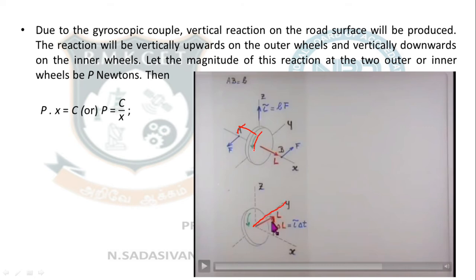So you have one rotation about this. Second rotation is given. It is taking a yaw about the horizontal plane. Third rotation, so this is about x-axis, this is about z-axis. So the third will come about the y-axis. Reactive couple will come out the y-axis. Therefore your wheel will rotate like this. Okay, look at the second figure, you will understand.